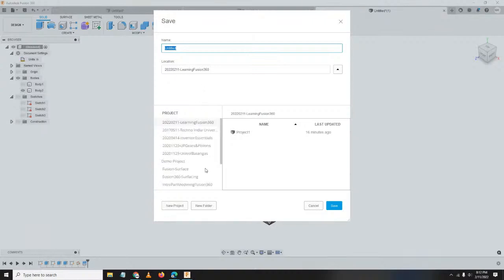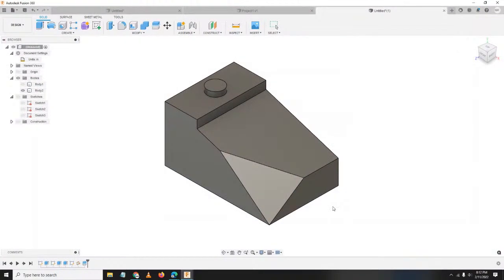Hahanapin ko yung kaninang project ko na ginawa, which is the Learning Fusion 360. Dito ko siya isi-save sa folder na to. Then, ipapangalanan ko siya ng project 2. Tapos, save.